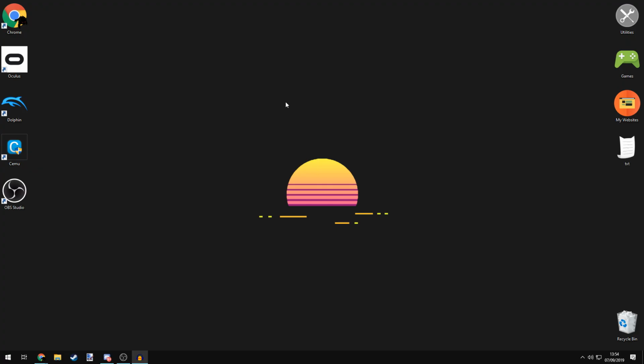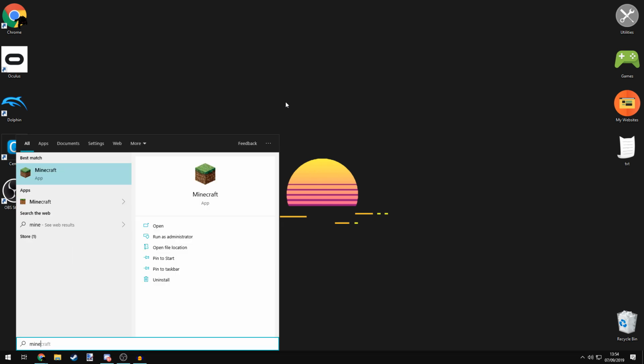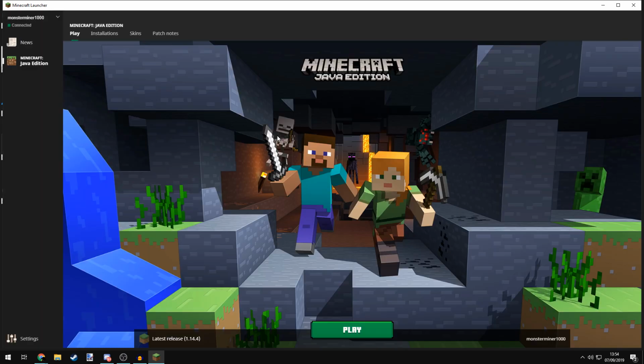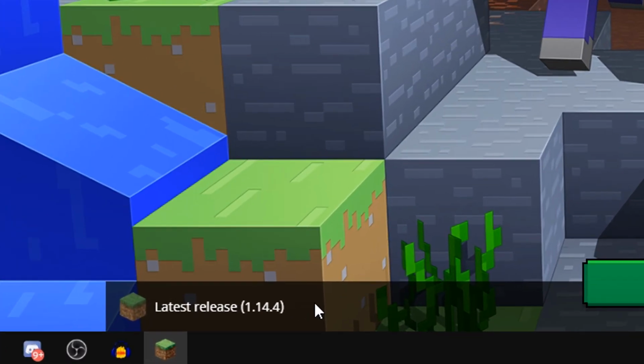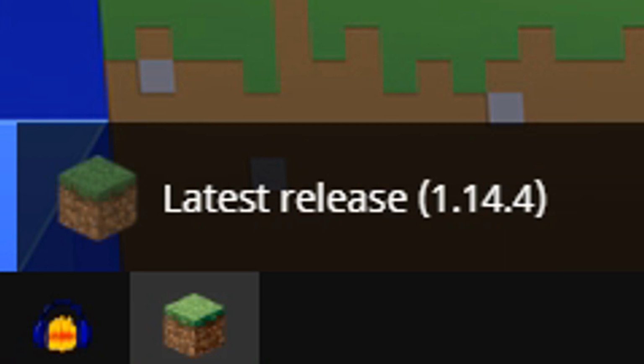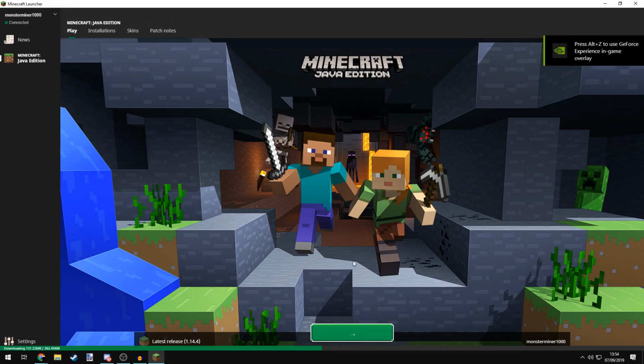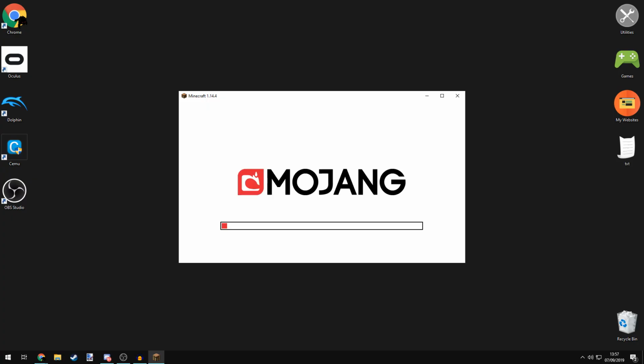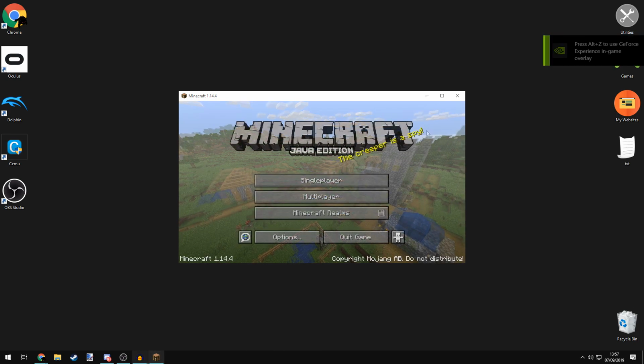First, you'll need to make sure that 1.14.4 is properly installed on your computer. To do this, open Minecraft and look to the lower left of the window. It should say 1.14.4. If not, then you may need to switch versions, otherwise go ahead and press play. As I'm using a fresh install of Minecraft, it needs to download. Once Minecraft is open, you can close it, as now all the assets that are needed to continue